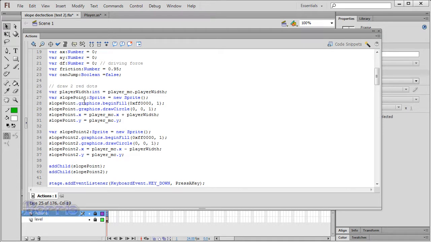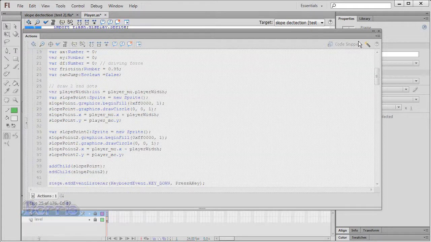We start the fill, make its color red, and the alpha 1 or 100%. We then draw the circle, set its position to 0, 0, and then we set the x position of the red sprite and the y position of the red sprite. This little calculation makes sure that the red dot is right